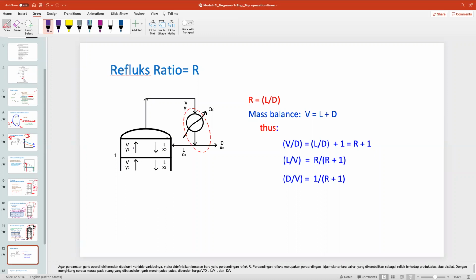We have to know the L because, like Fatia said in the beginning, it is not an equilibrium stage. And if we see the mass balance in this envelope,